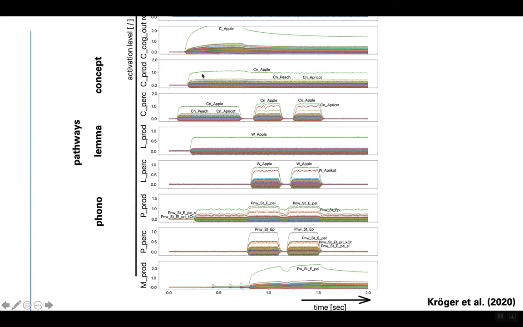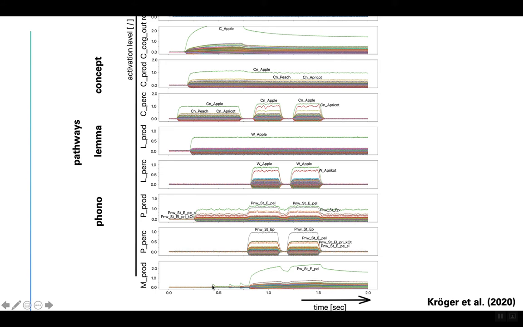So we already have from visual input a strong activity of the concept apple on the production side, and it is not increased here by the perceptual level, but it is increased because of the shortcut. We have an activation on the phonological level for the correct word, but it is not sufficient for